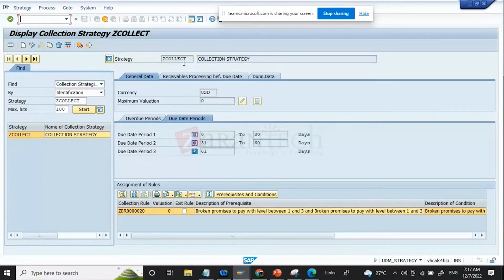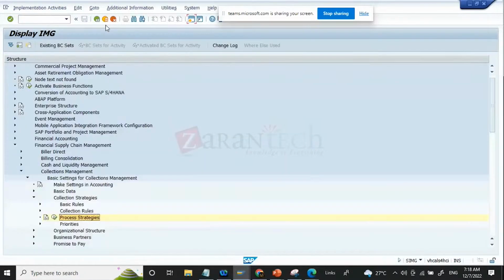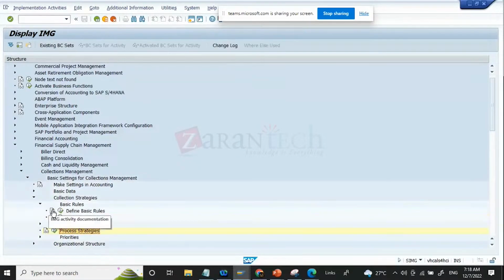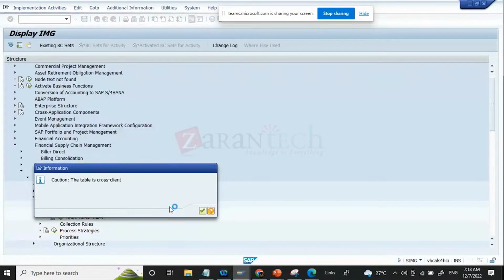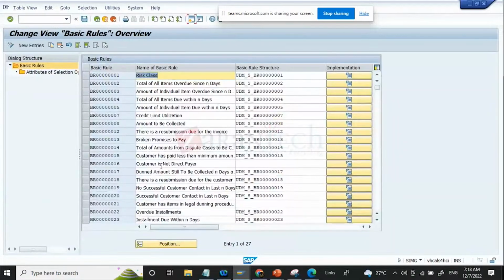I'm not sure how you do that, because those are two different things. All this time we are defining only the prerequisite in the rule. We are not telling what